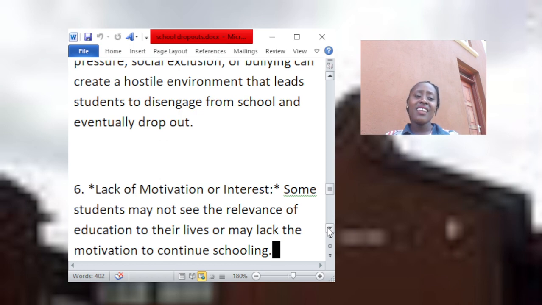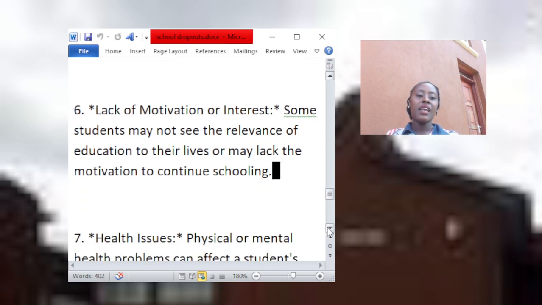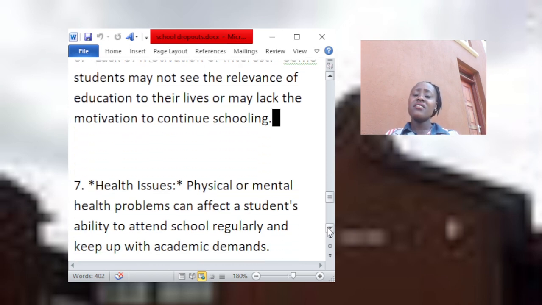Instead, they'll be discouraged and think that it is not even important to do this or to stand hard, since there is no motivation. Maybe even the future is not promising, and this factor may slowly develop and lead to school dropouts. Then we have health issues. Health issues are when physical or mental health problems affect students' ability to attend school regularly